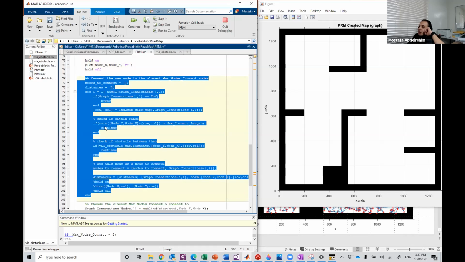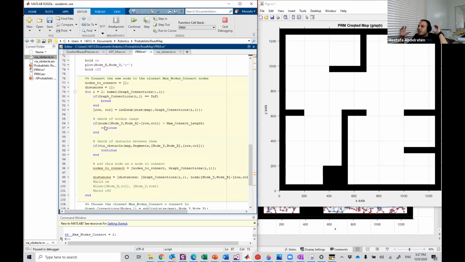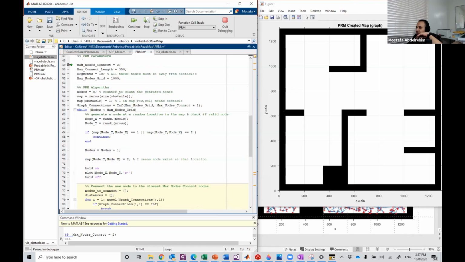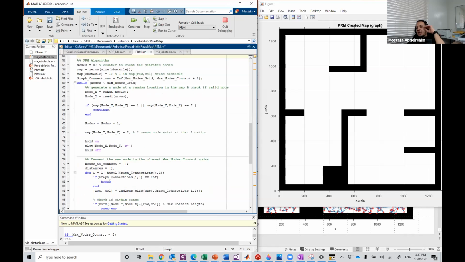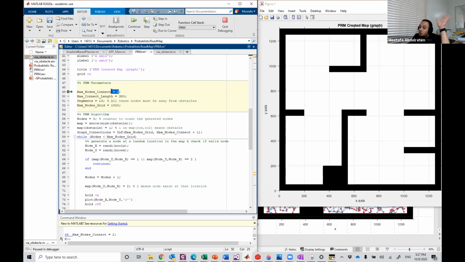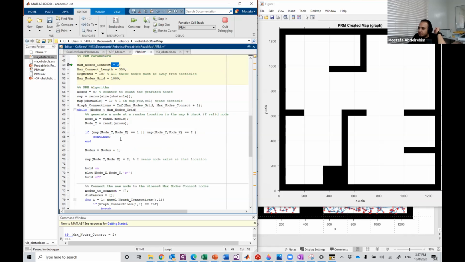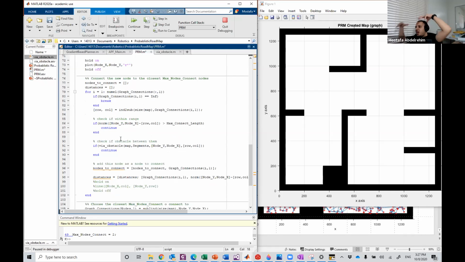Then we search for the nodes within the range. The range of what here? The range of 350. Any node within 350 around this node is a candidate to be connected to our node. We will choose afterwards only 2 nodes between these nodes to connect our new node to. How are we going to get these nodes that lie within the range of 350 meters? That's not hard,